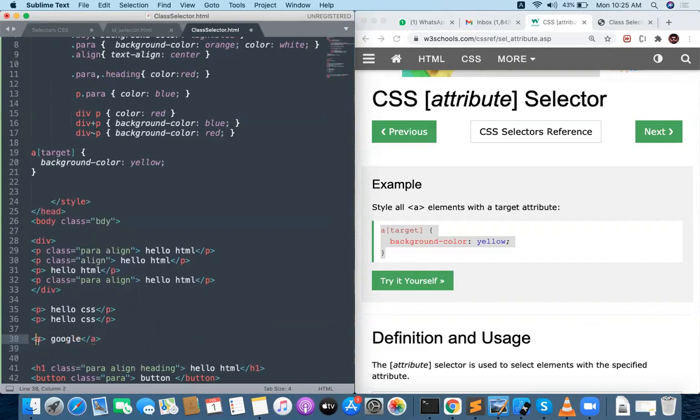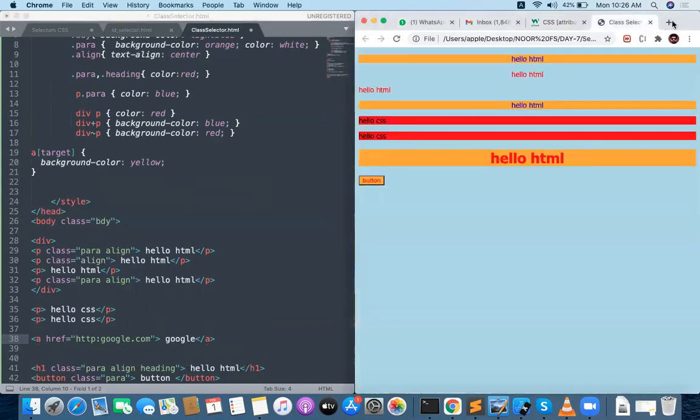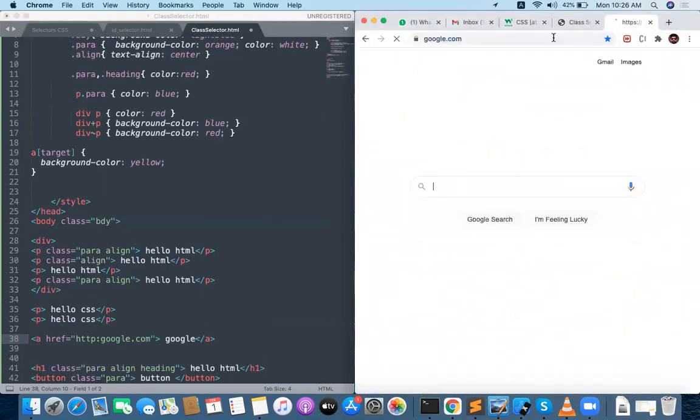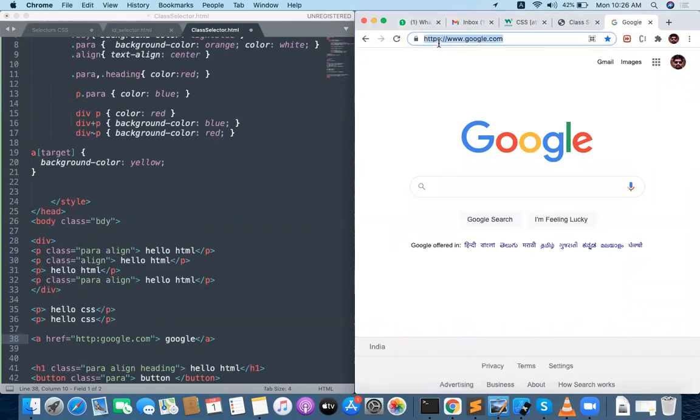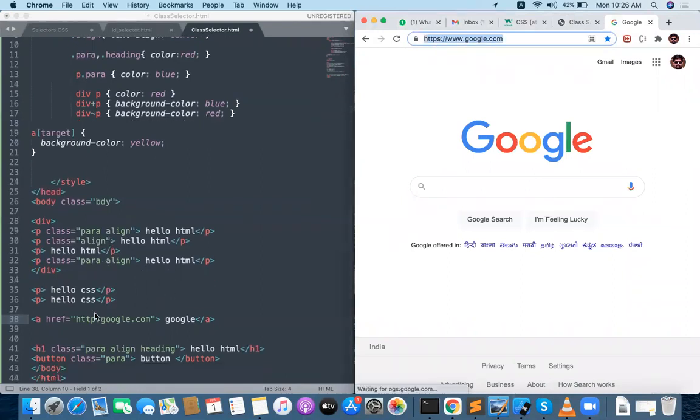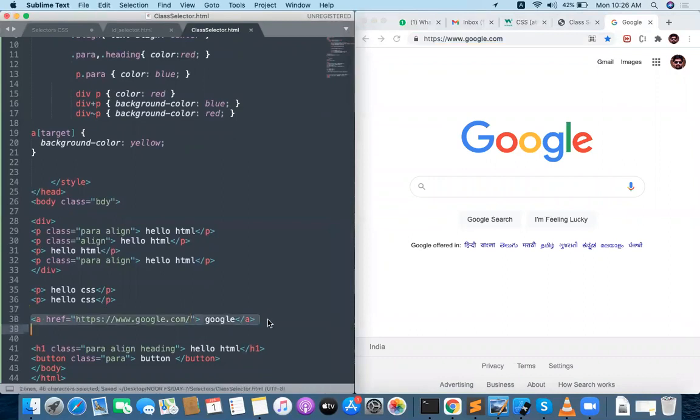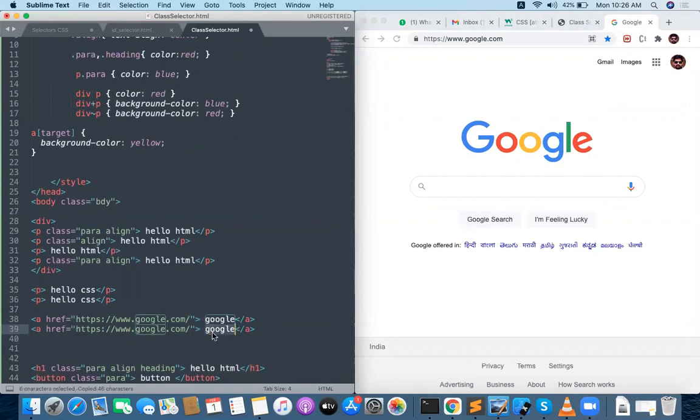Let me have hyperlink href equal to https www.google.com. So this is my Google link, and let me take an Apple link also. This is the Apple link. I will have two hyperlinks over there.